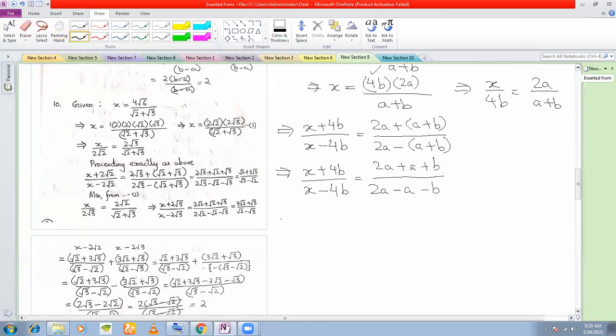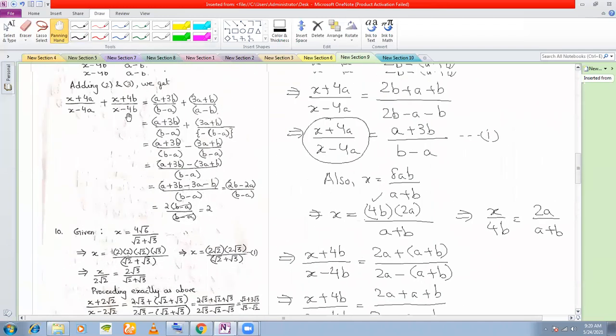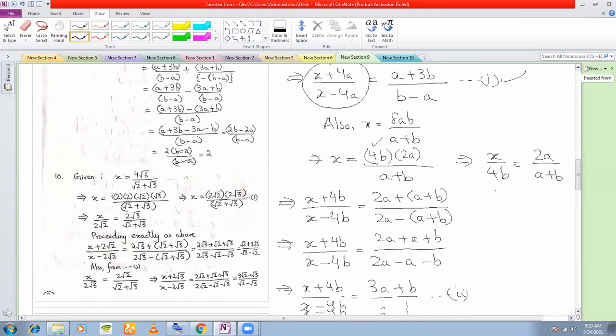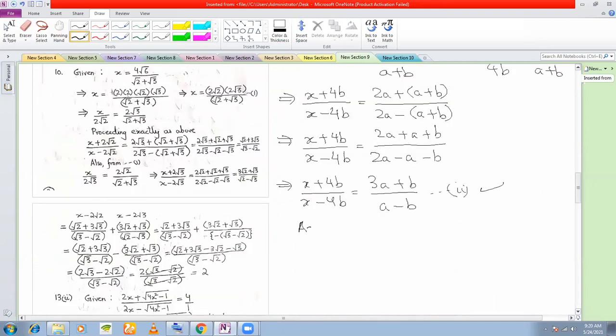So that now you get 3a plus b, and the denominator you get a minus b. Call this 2. So adding 1 and 2, you have 1 here and you have 2 here. So adding 1 and 2,